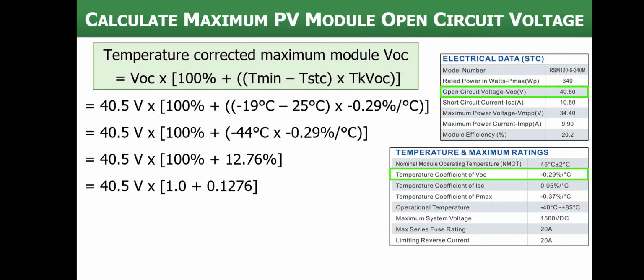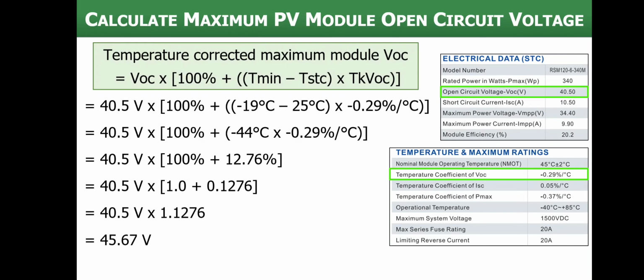Now here we can choose to either add those two together to get 112.76%, or we can convert to a decimal here by moving 2 places to the left. So the 100% becomes 1, 12.76% becomes 0.1276. And then we can add together there. Either way, we're going to end up with 1.1276. And that's what we're going to use to multiply by 40.5 volts to give us our final result of